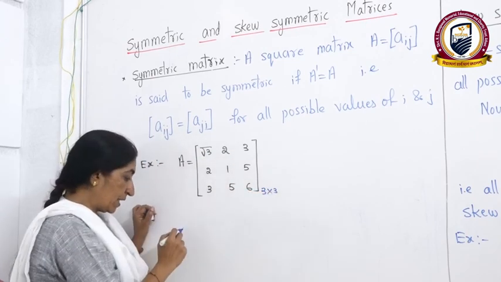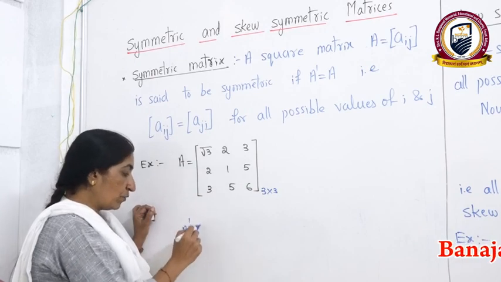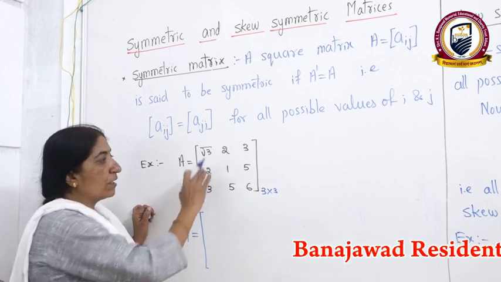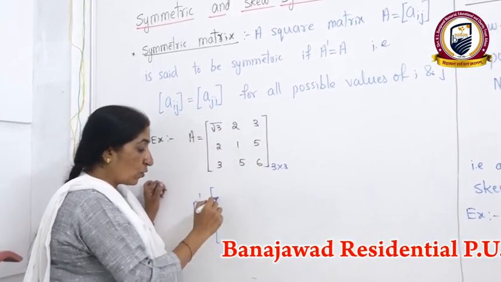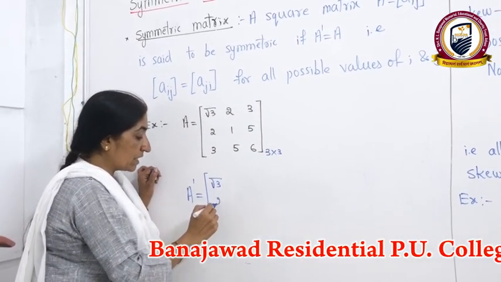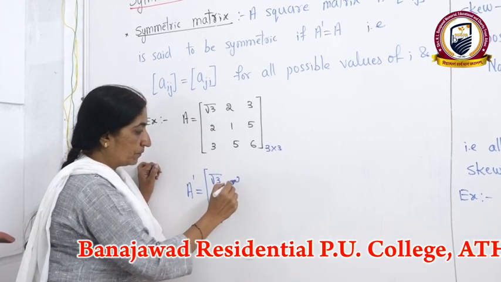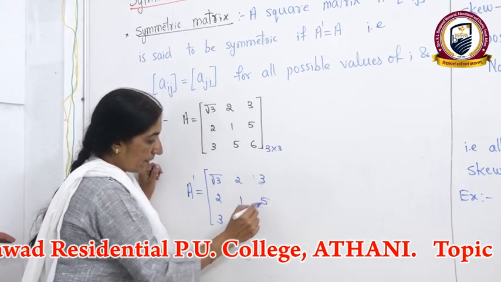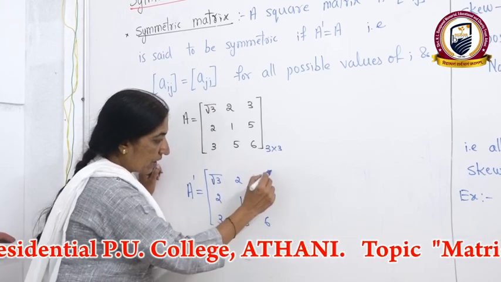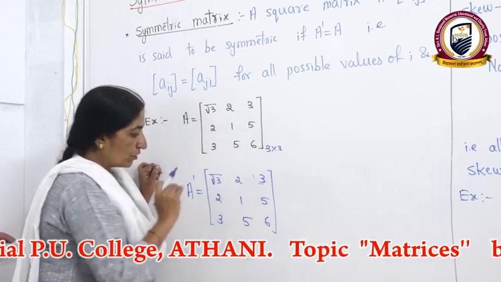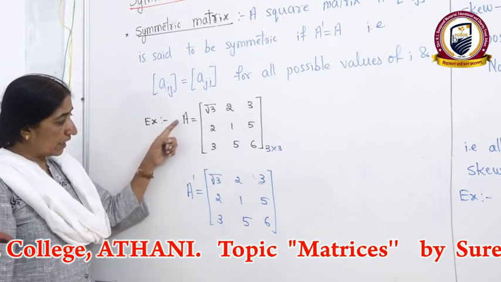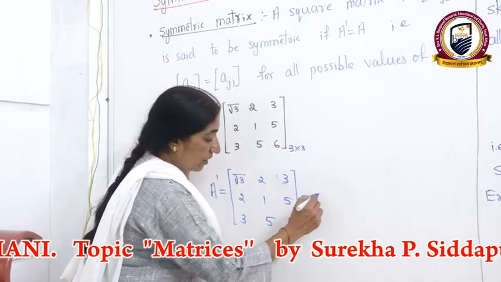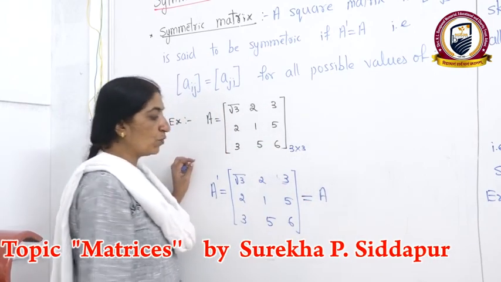After that I am writing its transpose. When you write the transpose, you are already familiar with the definition. What are you doing? We are interchanging the rows and columns. Just interchange them. After interchanging, compare these two. Have you found any difference in A and A transpose? See, we are not finding any difference. We can write this is equal to A.